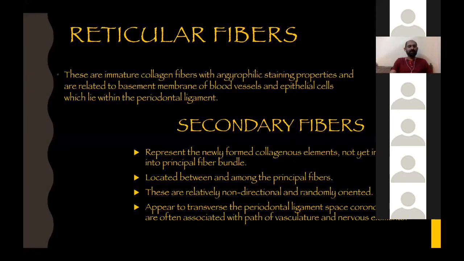Right. So what are these reticular fibers and secondary fibers? All these are again immature fibers. You don't have to know all about this. These reticular fibers are associated with the basement membrane of blood vessels. Then what are the secondary fibers? As the principal fibers come, from these principal fibers themselves there are a lot of other branches given off. They do not get inside a membrane; they lie freely, and these are called secondary fibers. Right. So am I clear till now?